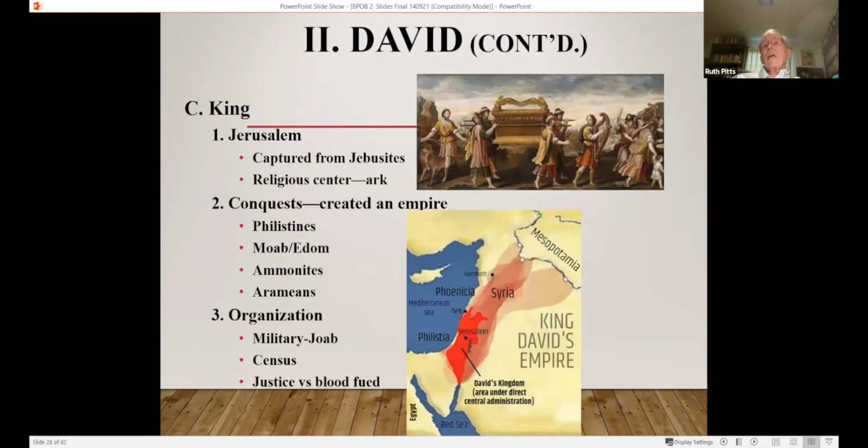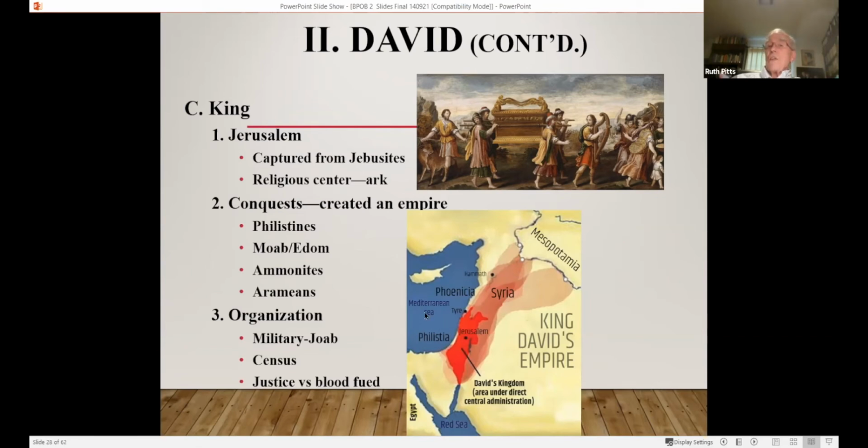Now, as king, his army captured Jerusalem from the Jebusites. And now you have what becomes known as the center of this religion and of Christianity, and a major center for Islam and so on. And he brought the ark here as well. His conquests included all these people we've been talking about. We showed the picture there to start with in the map. So everything in sight, basically.